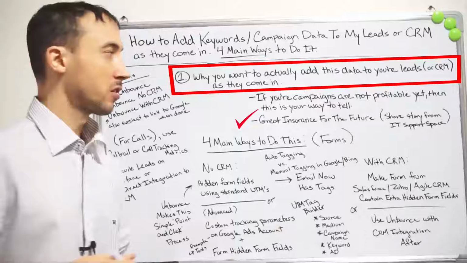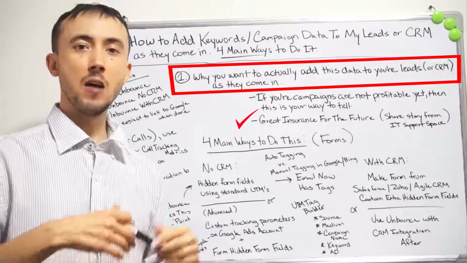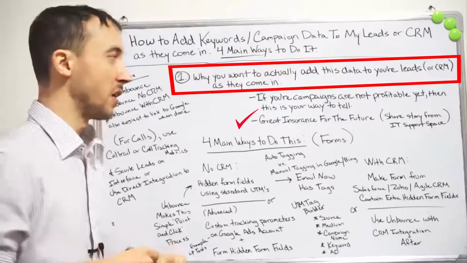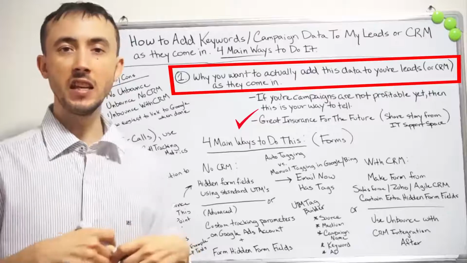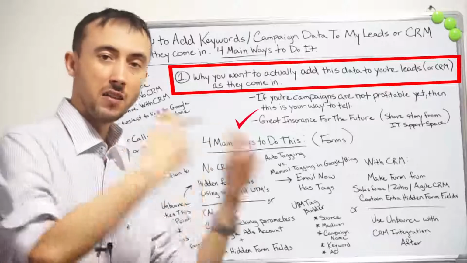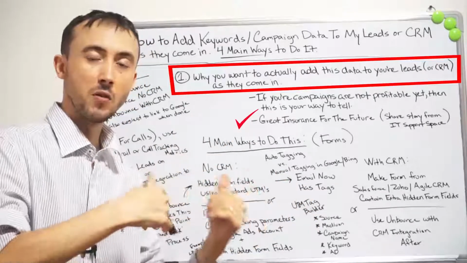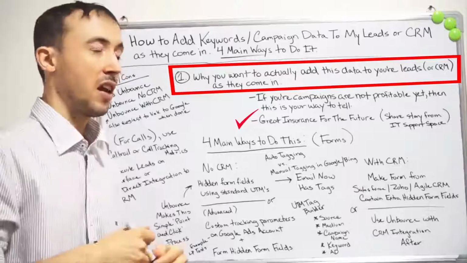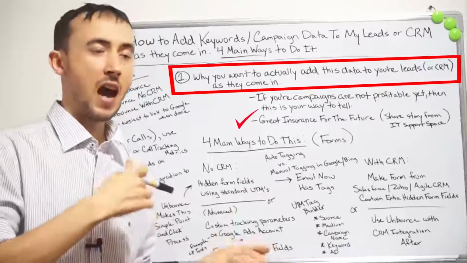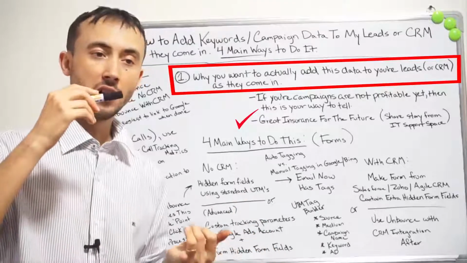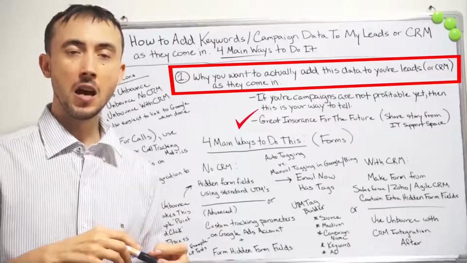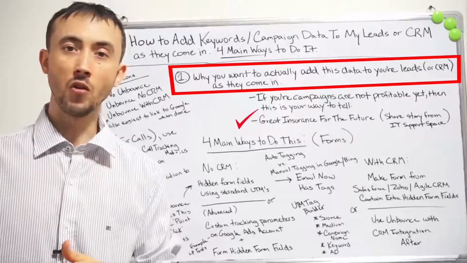I just had a particular account in the remote IT support space, somebody who wants remote IT support for their companies. And basically we did that tracking where that campaign data, or metadata or whatever, was tied to the lead as it comes in. And the campaign started to become less profitable over time at the point in time where Google started having their exact match keywords not really be exact match anymore. This happened in 2020. And so I was able to look at all the lead data, and I found out